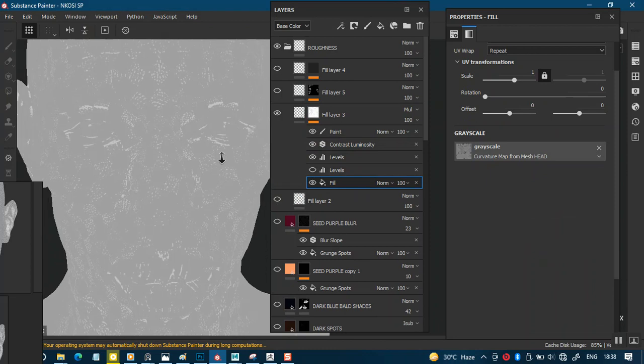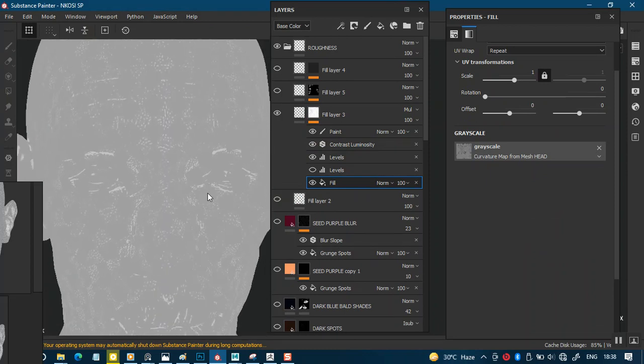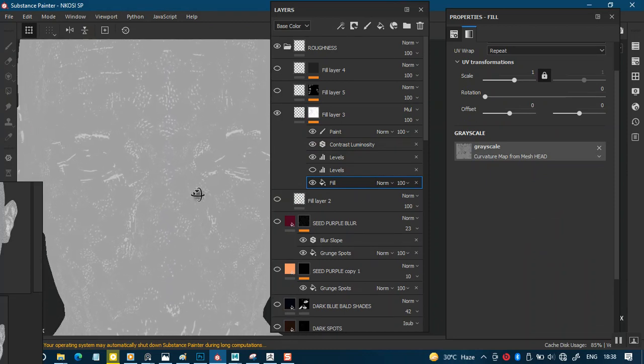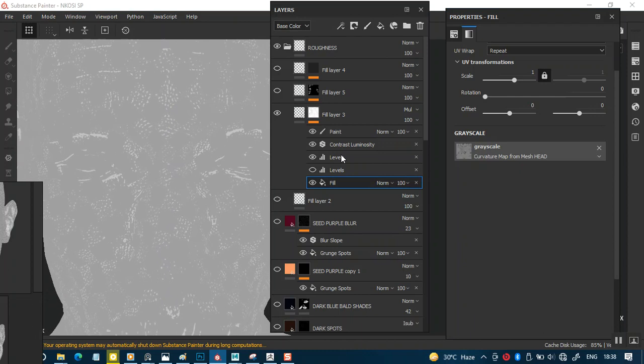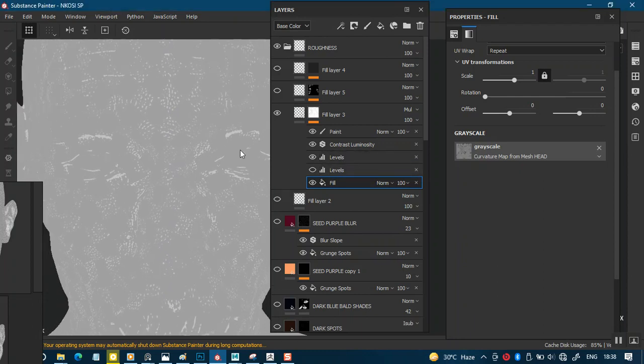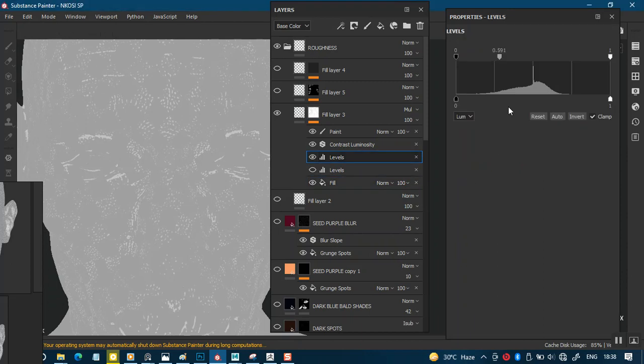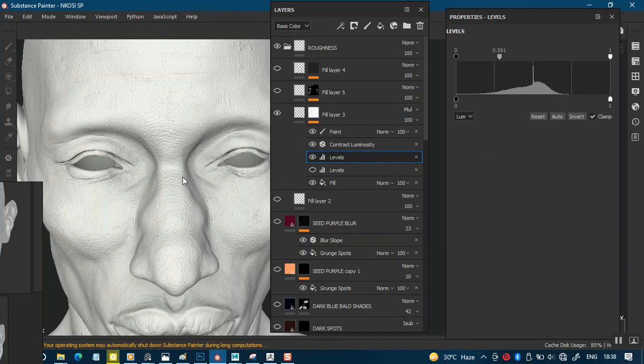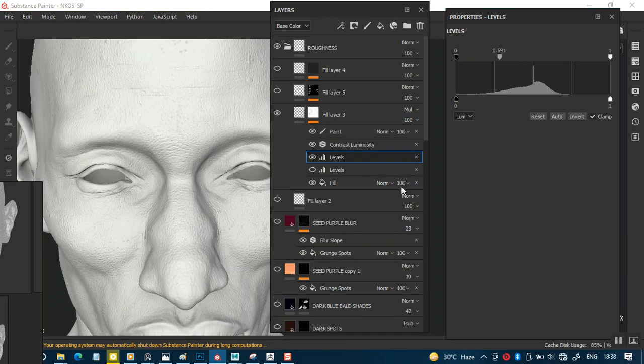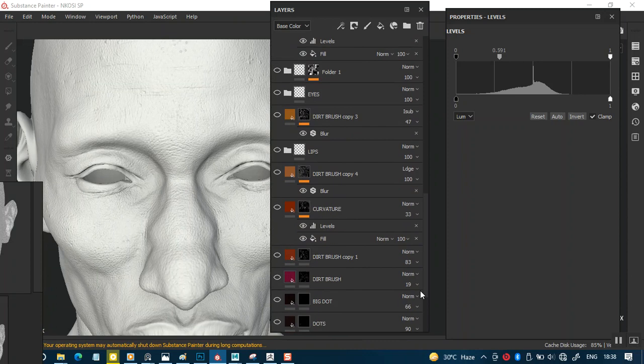So I was actually experimenting with this. Doing some experimentation with this. On the first levels I added, this one was not useful enough for me, so I added another levels adjustment with this setting in here. So if I bring this layer back up, let me just turn on